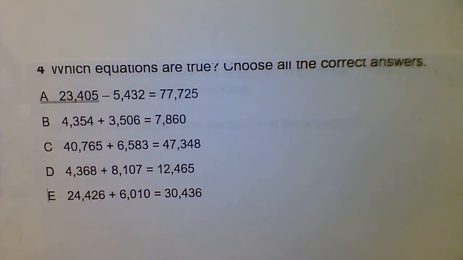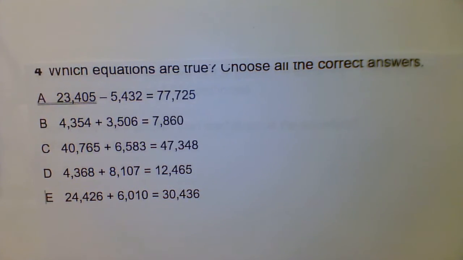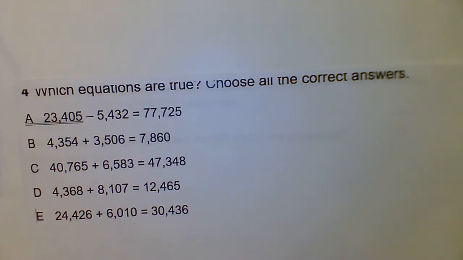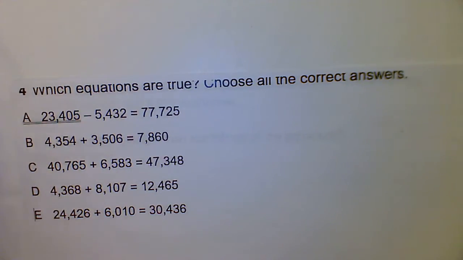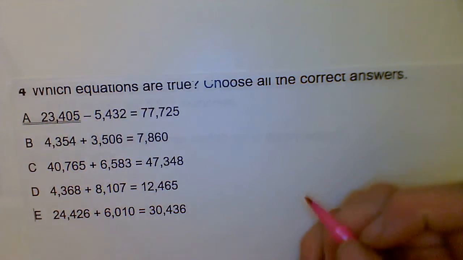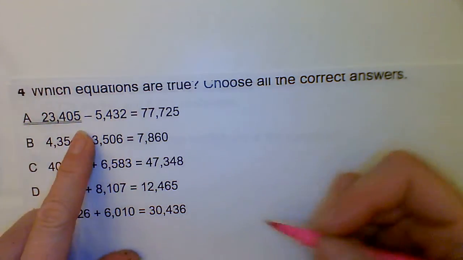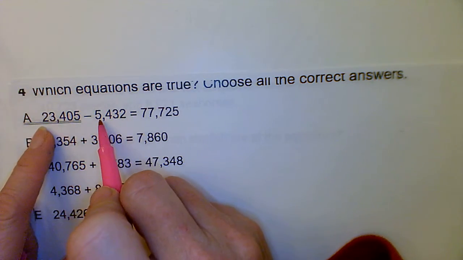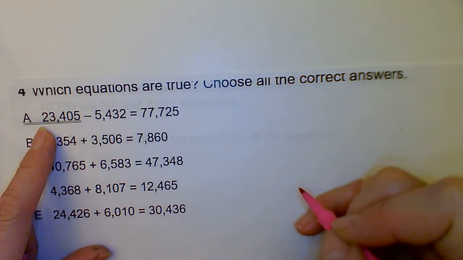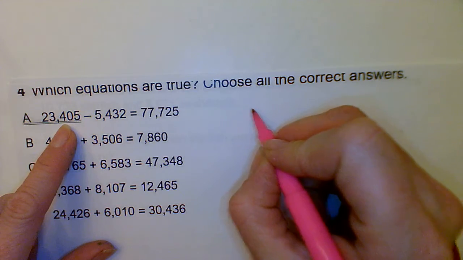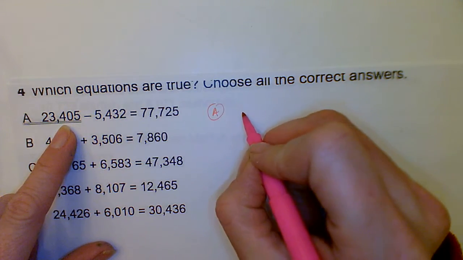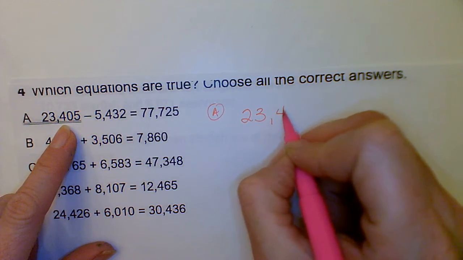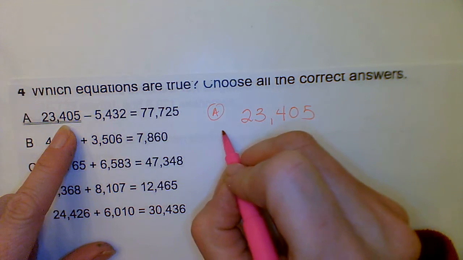So it says, which equations are true? Choose all the correct answers. So this is pretty easy. We're just going to go ahead and see which ones work. So let's get this done quickly. I want to show you how to do it, just in case. Here you have to be really careful that you line things up correctly. We have different numbers of digits in each of these numbers. So here I have 23,405 minus